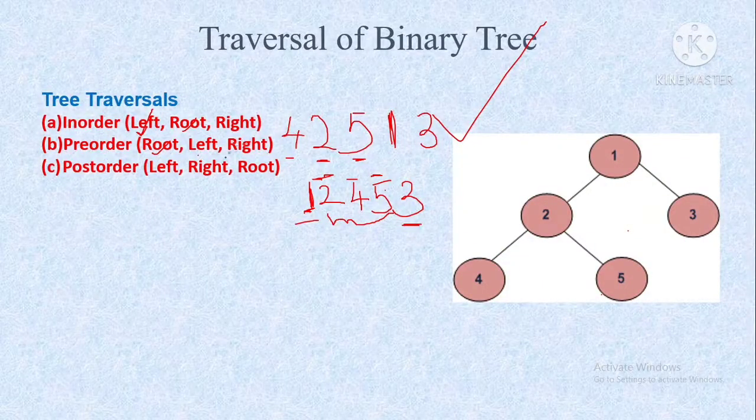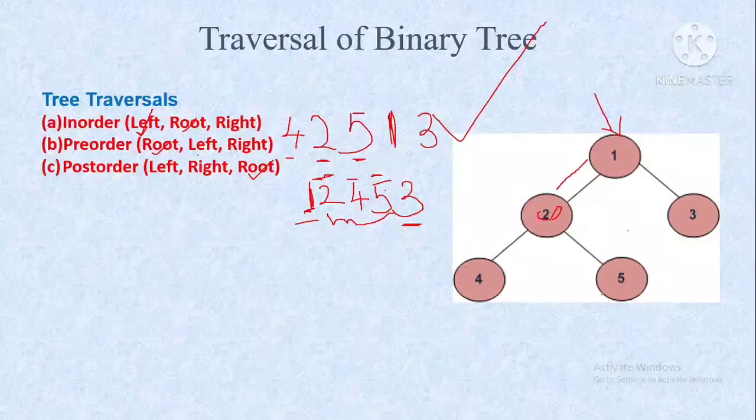post-order traversal. In post-order traversal, first you write the left node, then the right node, and then the root node. Root comes at the third place. First you have to visit the left subtree, then the right subtree, and then the root. As usual we will land on this root node only. Then you have to go for the left subtree. You will go here.